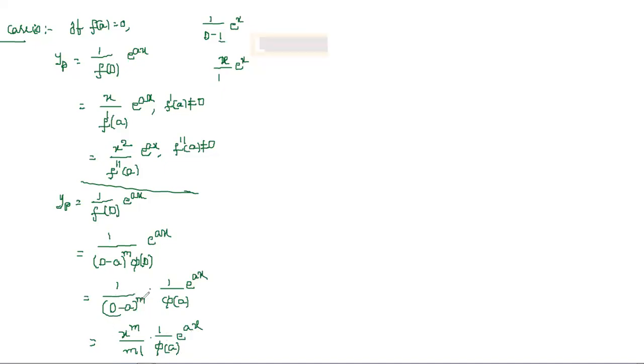Okay. So after writing this, x power m by m factorial e power ax into 1 by phi of a. So simply suppose you are given d plus 2 into d minus 1 or d plus 1 into e power minus 2x. Can you substitute directly d as minus 2? Is it possible? If you substitute, what will happen? Minus 2 plus 2 is nothing but 0. So for that, what you need to do is first write d plus 2 as this factor, and the rest is nothing but phi of d.